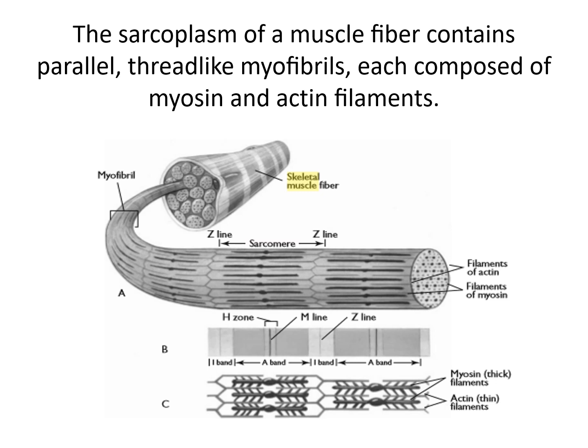In both bands, the protein filaments are held in place by attaching to the Z lines, which adhere to the sarcolemma. In the center of the A band are the H zones. The H zones are present in the center of the A band, and they contain only thick myosin filaments.